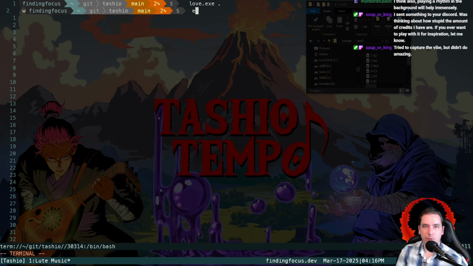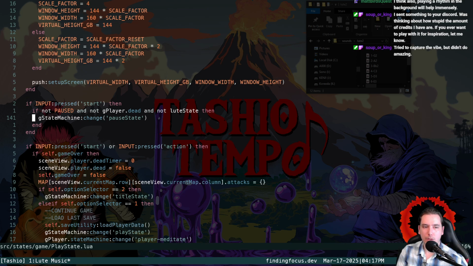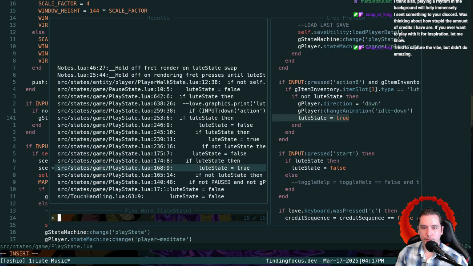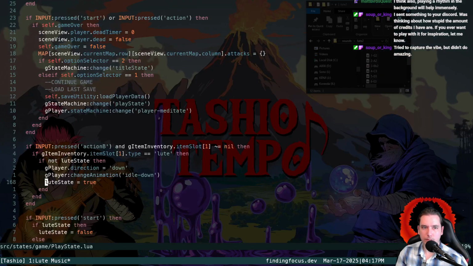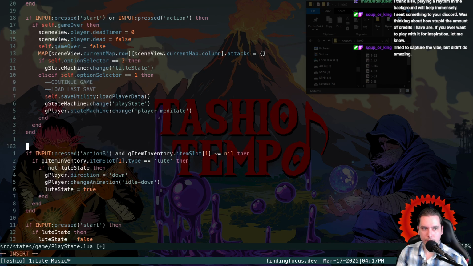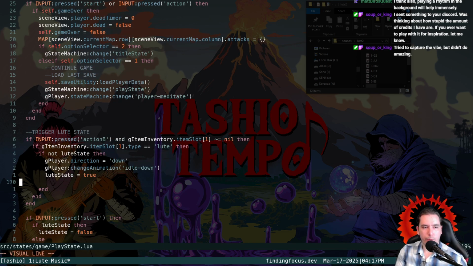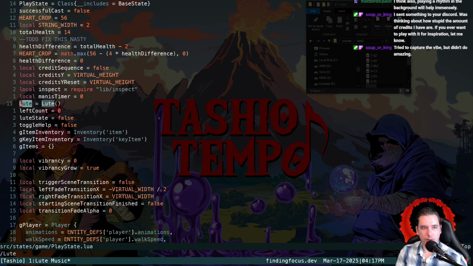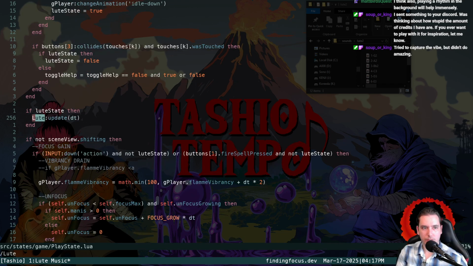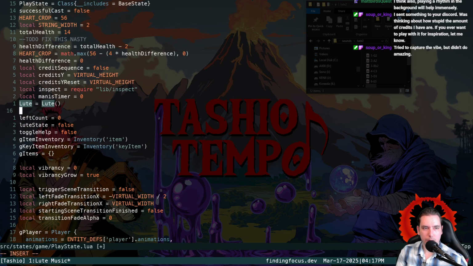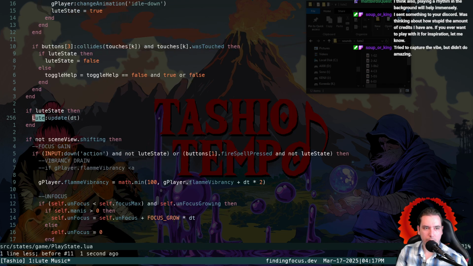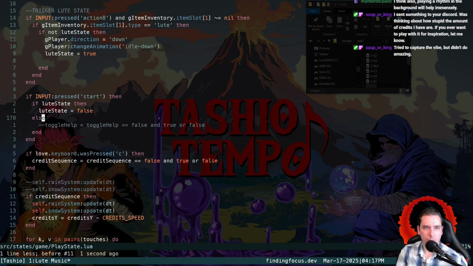So we need this, like, when do we say lute state gets true? Right here. We need to go to our lute object, which we have. It's right there. We need to basically run the reset on there. We don't have a reset, but we'll add it. So any lute trigger, when we trigger lute, we're basically going to say